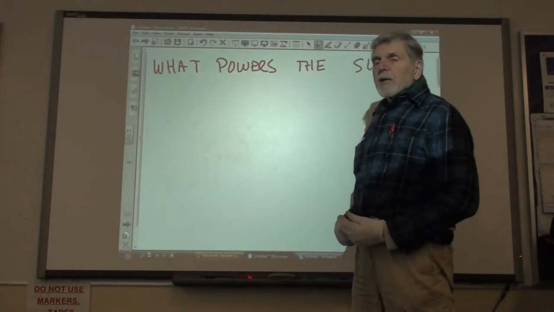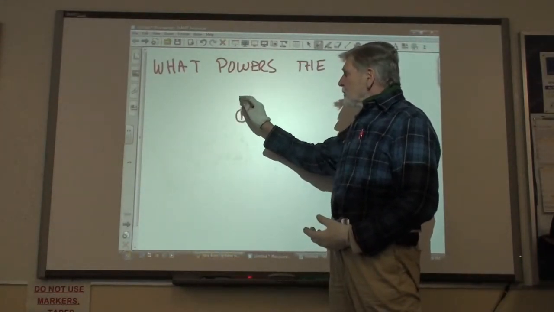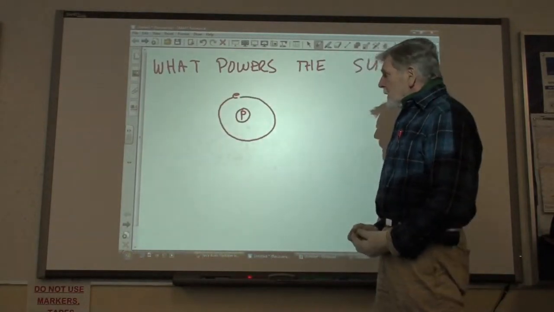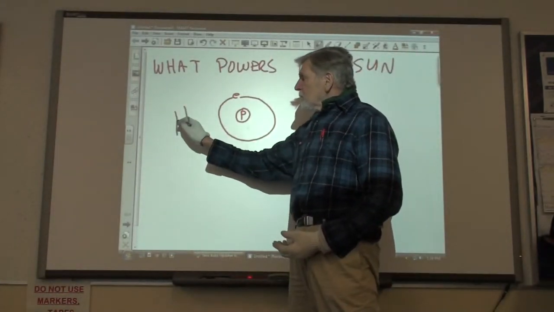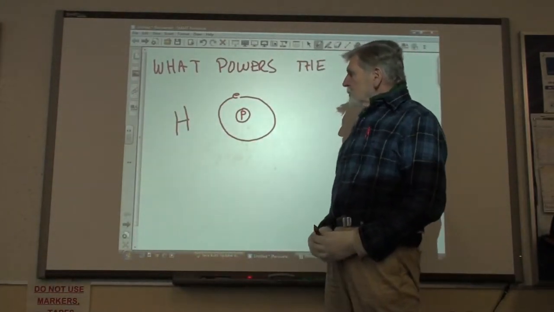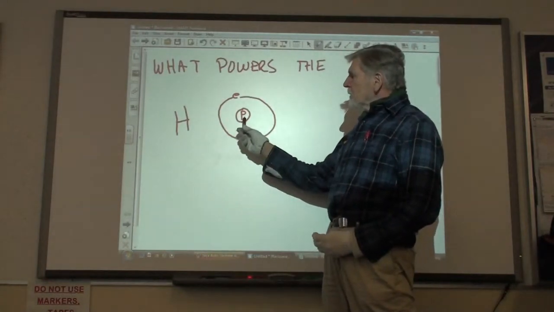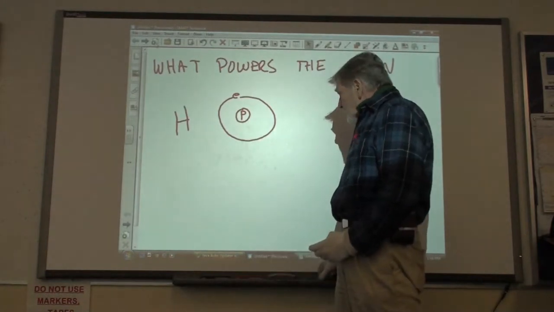Let's take a look at what we call a hydrogen atom. It's comprised of one proton, and it has an electron going around it. We call this by the symbol H. As soon as we write the symbol H, we imply by using it that there is one proton in this atom. Now, if we add a neutron